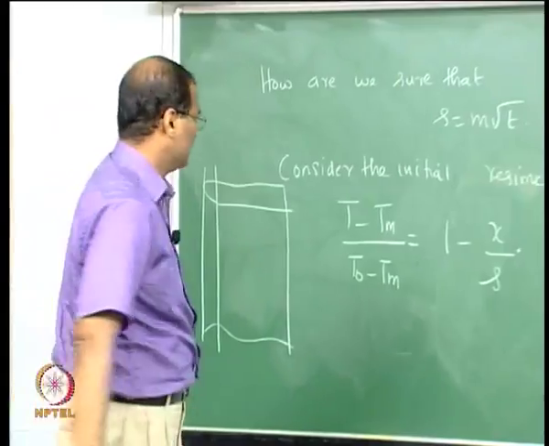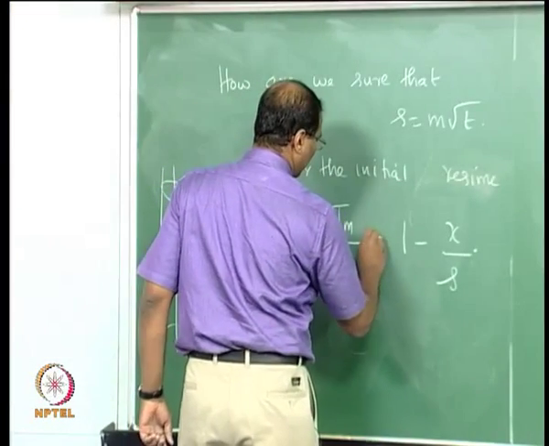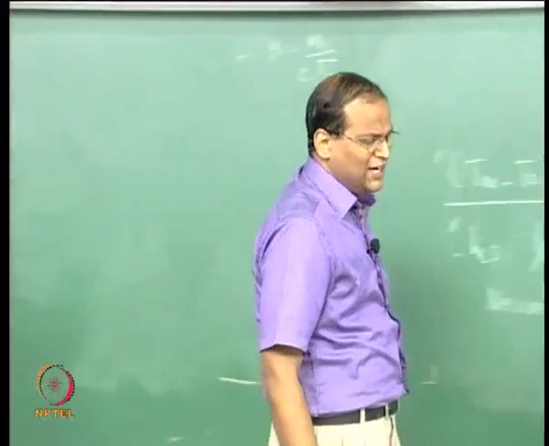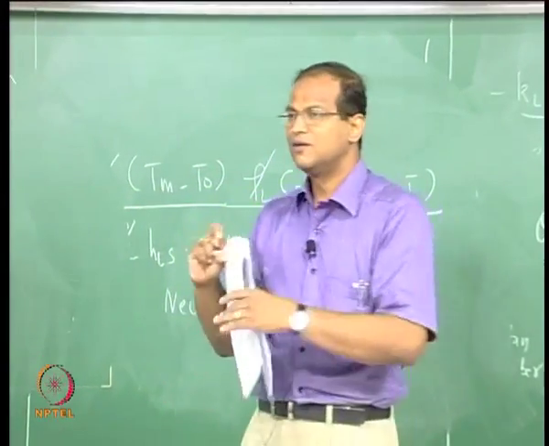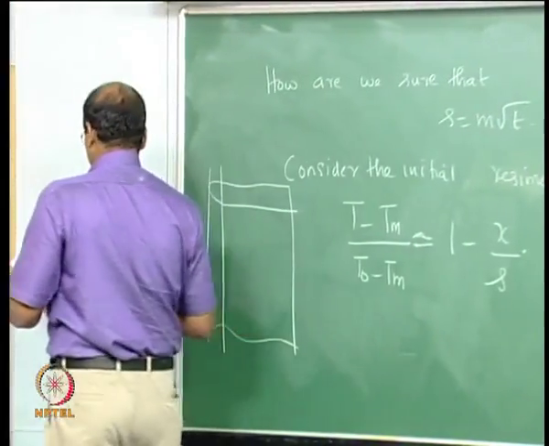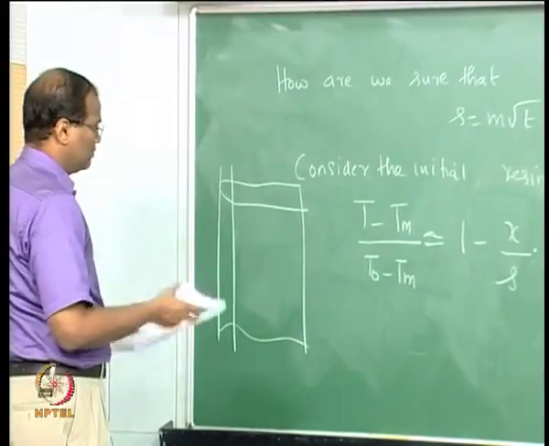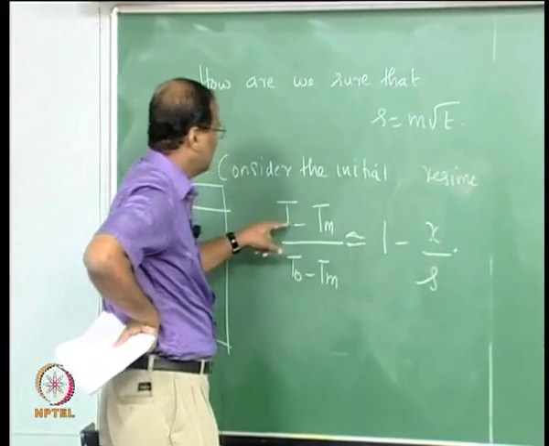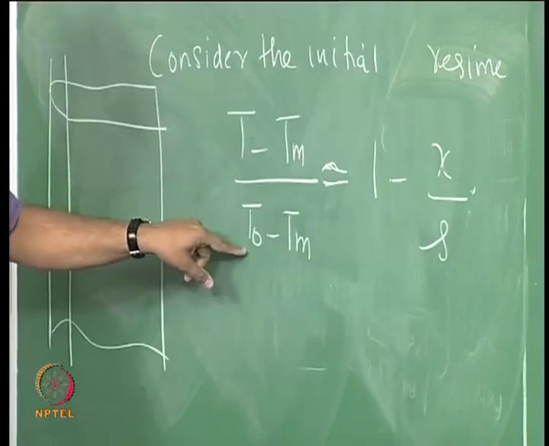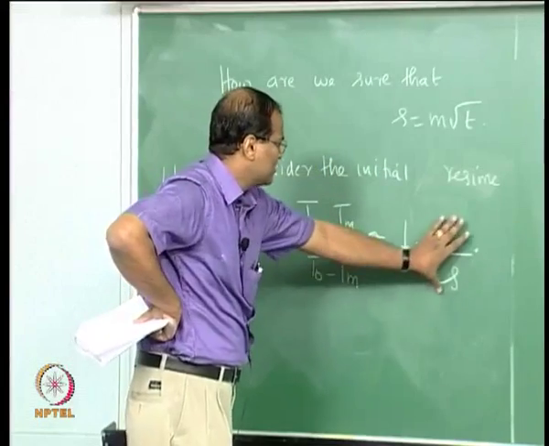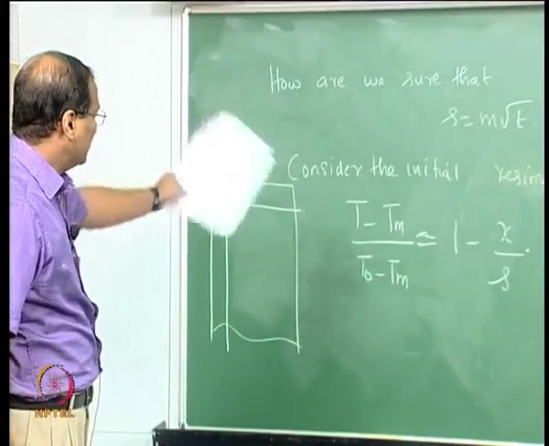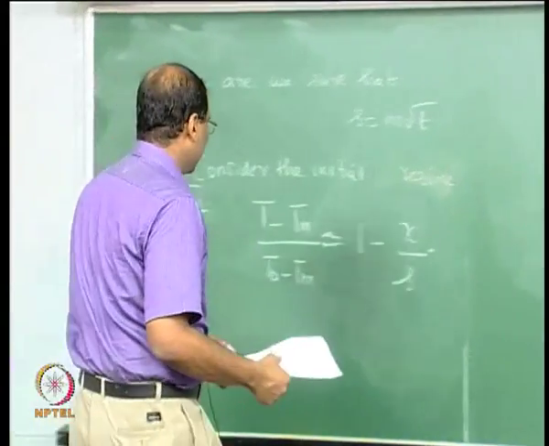Can we say like this? I can't put equal, I can say approximately. I am assuming a linear temperature profile for the liquid portion of the interval. Am I allowed to do that? This is correct. At x equal to 0, t equal to t naught, because this will be 1. At x equal to s, this is 0, t equal to Tm. So it satisfies. Now with this approximate temperature profile, please differentiate the interface condition.